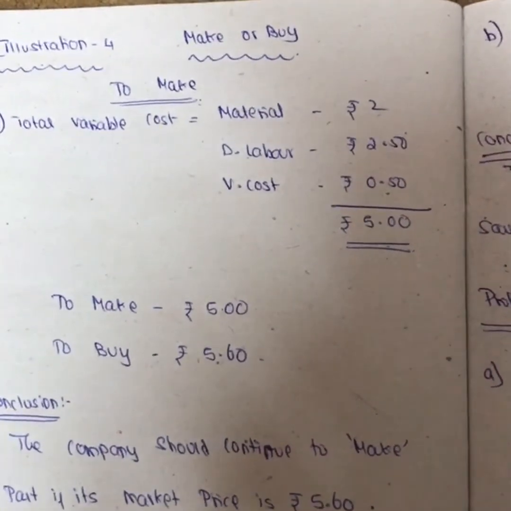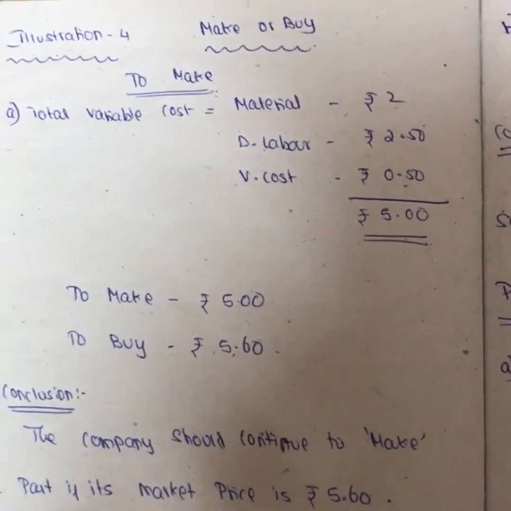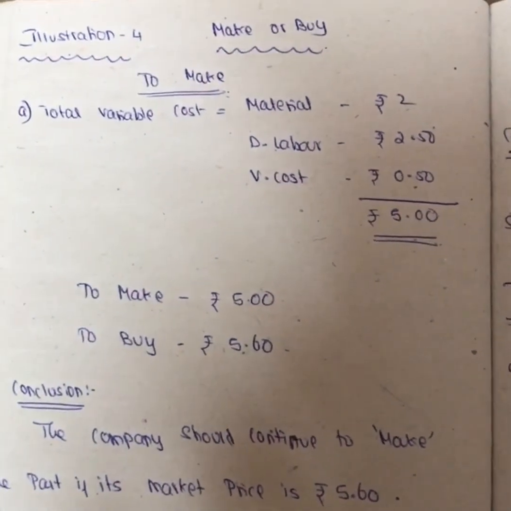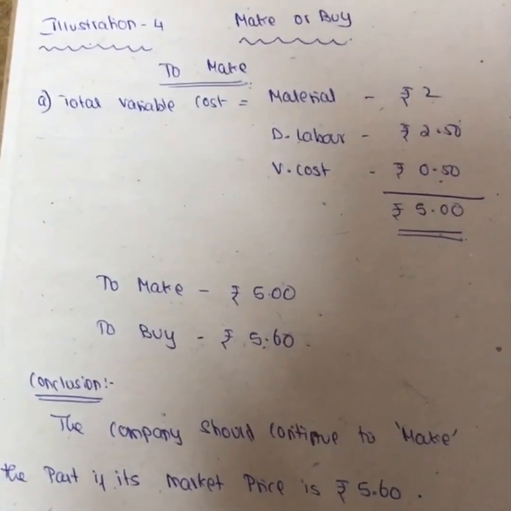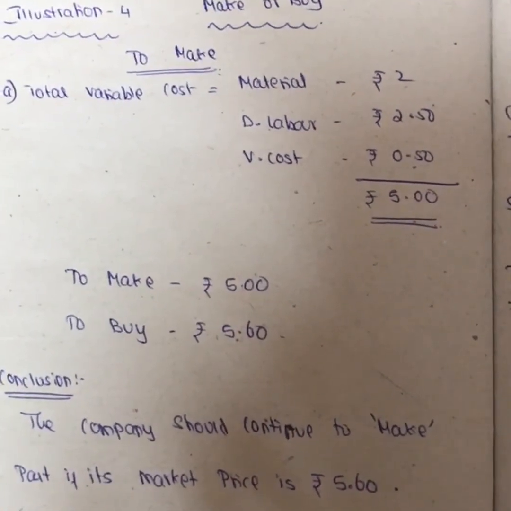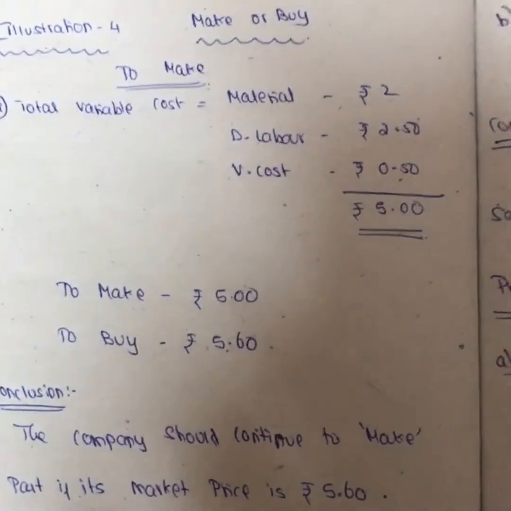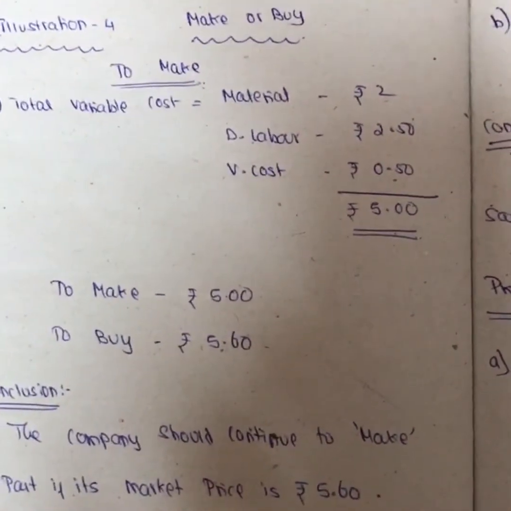Because we are comparing the cost, which is nothing but the expenses. See, in the earlier problem we were comparing the profit. We can't say that where the profit is less, that is good for the company. No, we can't say that. Where the profit is more, obviously it's good for the company. But here we are comparing the cost. So where the cost is less, obviously we have to take that as the decision.